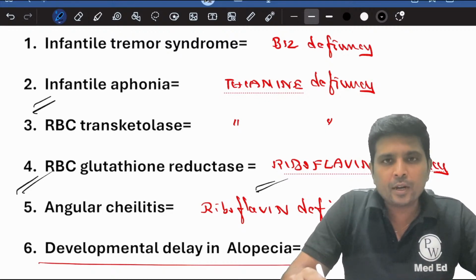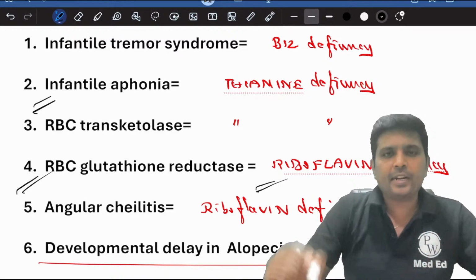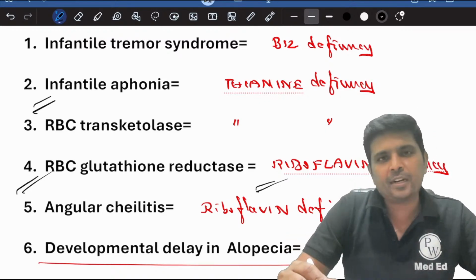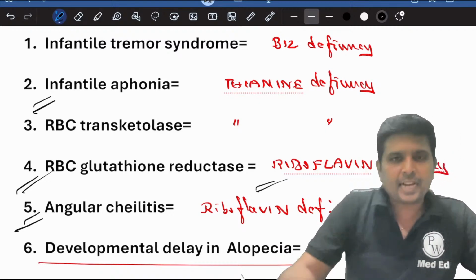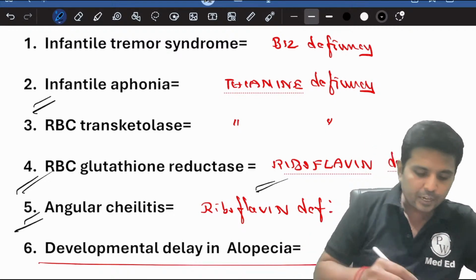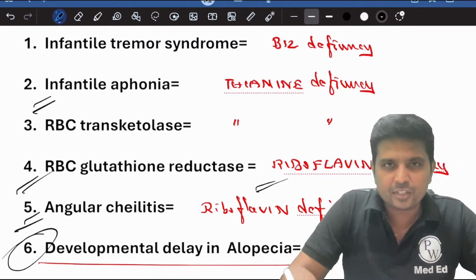Remember, riboflavin deficiency, apart from angular cheilitis and glossitis, causes circumcorneal vascularization, a very, very important MCQ that is often asked in your NEET. Angular cheilitis, as we discussed, is riboflavin deficiency. Developmental delay along with alopecia. Just now we have discussed that